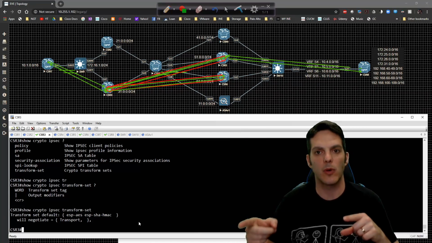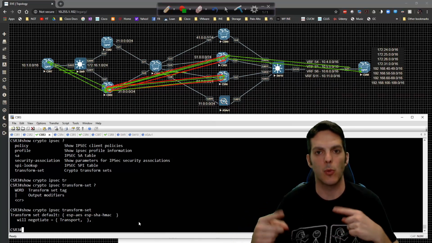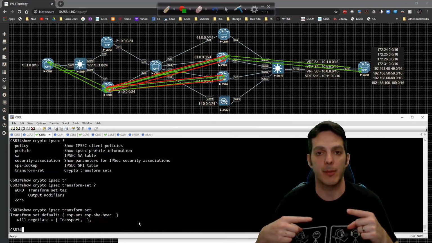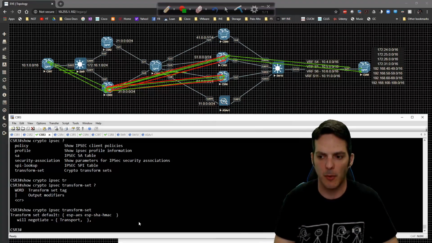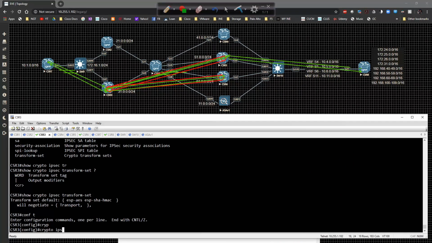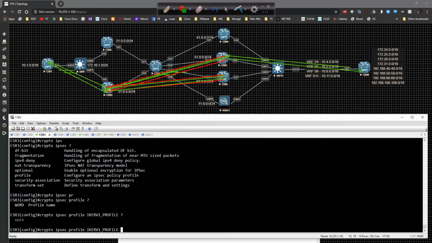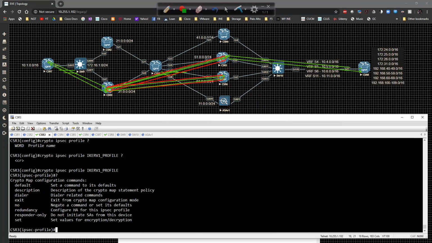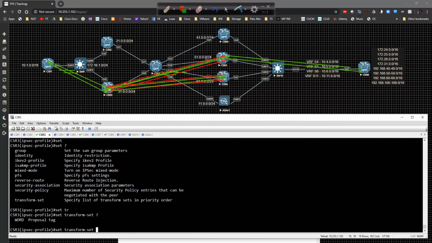But in order for us to work with the IPsec profile, we have to call a transform set. So what we can do is go to global config and type in crypto ipsec profile, and we're going to give this guy the IKEv1 profile, and go underneath here we can say set the transform set, and we have to give it a